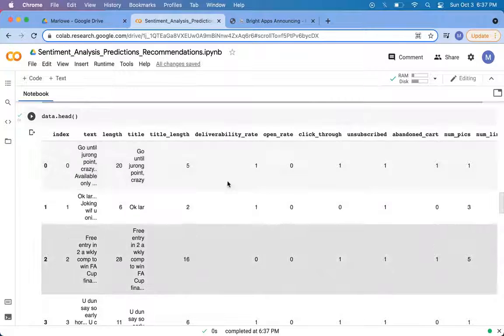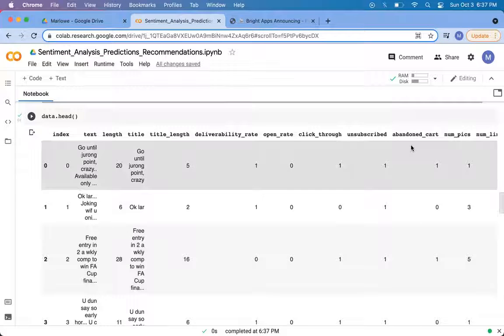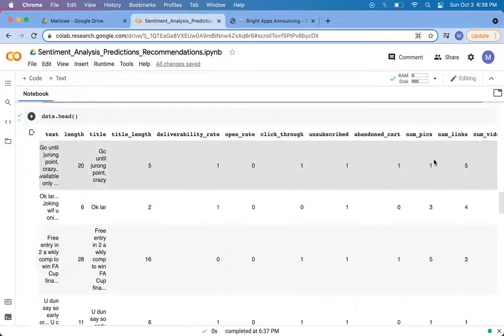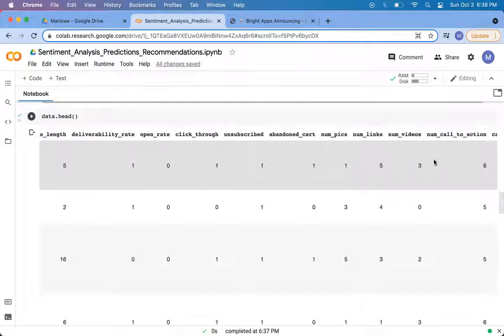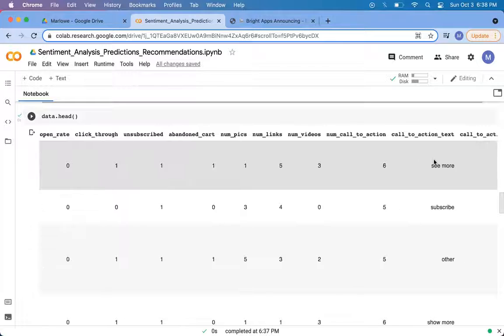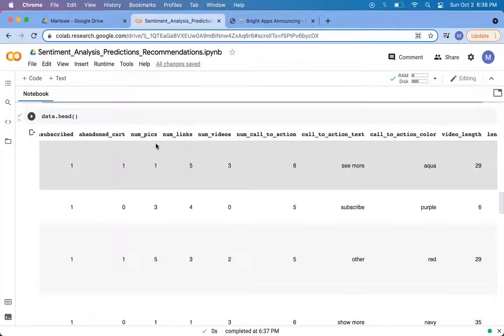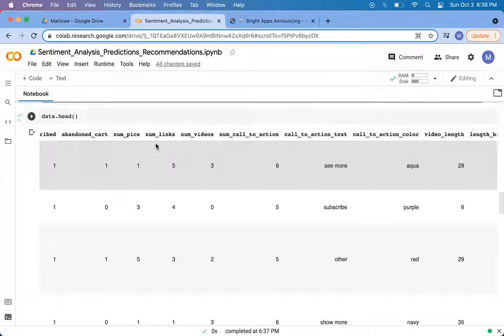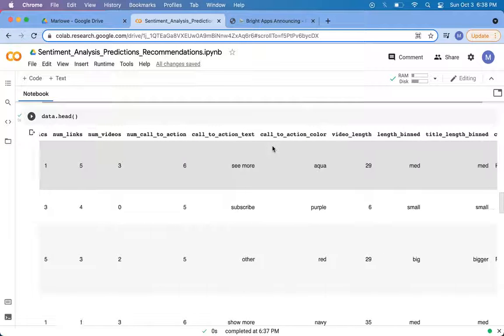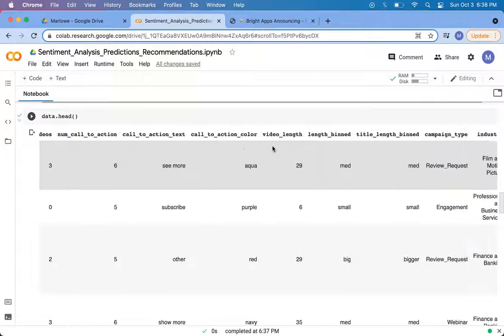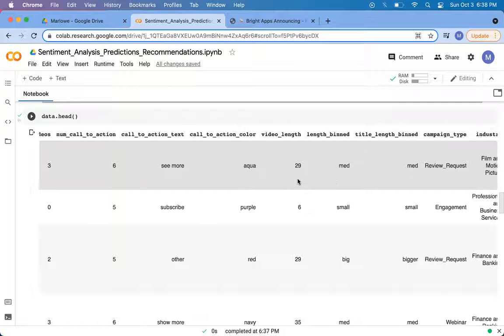The title length, deliverability, open rate, click-through rate, unsubscribe, abandoned cart, typical feature variables as part of an email marketing campaign, metrics collected by most email service providers. And these are metrics that we will parse through your historical data to extract key data points: number of images, number of links, number of videos, number of call to action buttons, the text of the call to action, the color of that button, if there's any videos, the length of those videos,